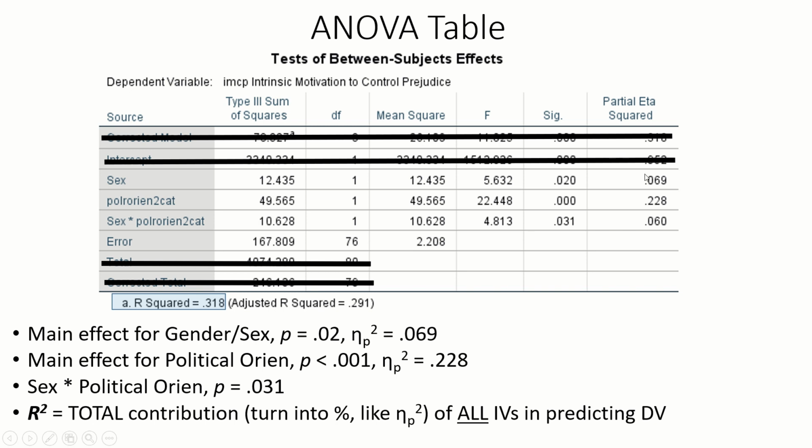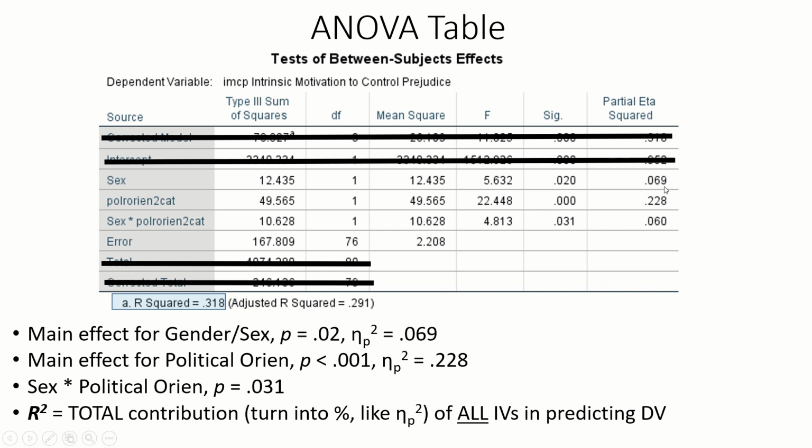So partial eta squared represents how well an individual independent variable, an individual IV, predicts the DV. All right. R squared here represents the total contribution of all the independent variables in the ANOVA in predicting the